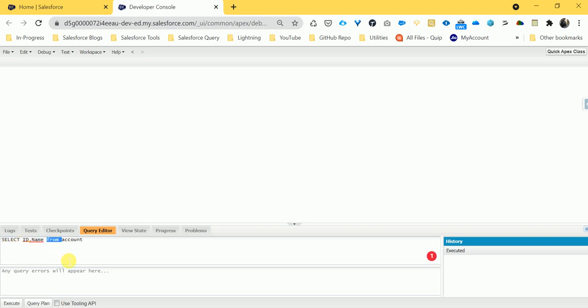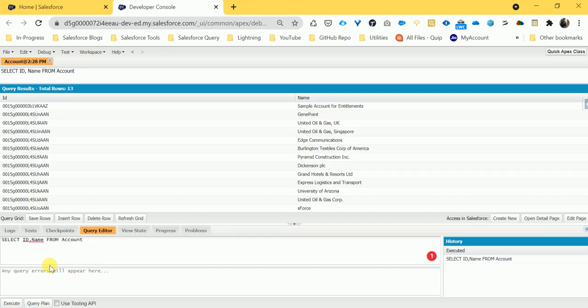So try to understand. Right now it's uppercase, I will explain why uppercase or not. Okay, all the standard keywords in Salesforce always go in capitals, always remember. And here at the bottom you can see Execute, so just execute, and here you can see ID and Name, all the records. So this is a small example for the query editor.